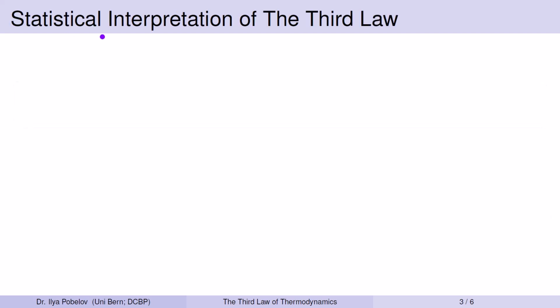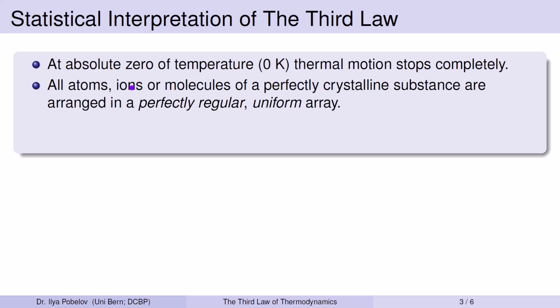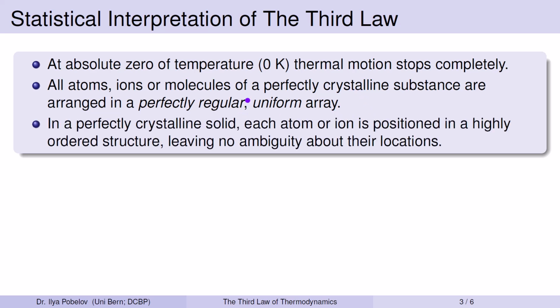zero. The third law of thermodynamics can be understood using a statistical interpretation of entropy. At absolute zero of temperature, 0 Kelvin, thermal motion stops completely. All atoms, ions, or molecules of a perfectly crystalline substance are arranged in a perfectly regular, uniform array. In such a perfectly crystalline solid, each atom or ion is positioned in a highly ordered structure, leaving no ambiguity